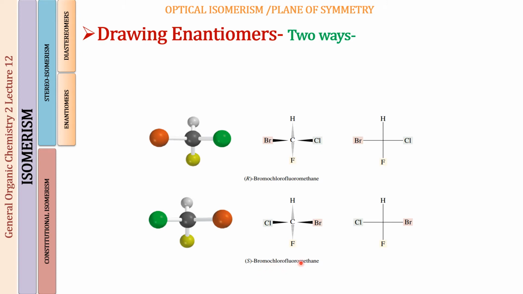So this is another thing that you still have to learn, how we are naming the two enantiomers. That is obviously going to follow this lecture as well. Fine, so everything you will be learning, but slowly and steadily. You cannot learn everything at once. So you now know how we draw the wedge and dash projection for a molecule, and you also know how we draw the Fischer projection for a molecule, right? So now let us learn how we are going to identify the plane of symmetry in molecules.